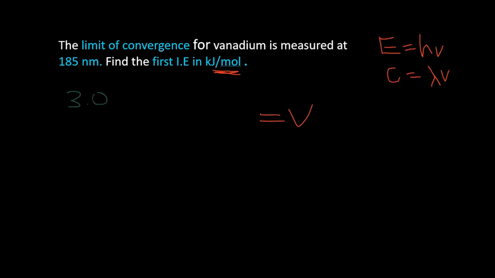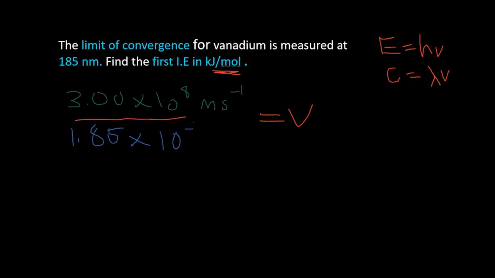So frequency equals the speed of light divided by the wavelength, lambda. And also don't forget the units. The speed of light is in meters per second, and the wavelength is in meters. Units cancel out, and we get the frequency is about, give me one moment,